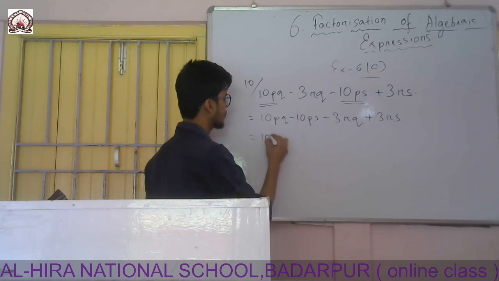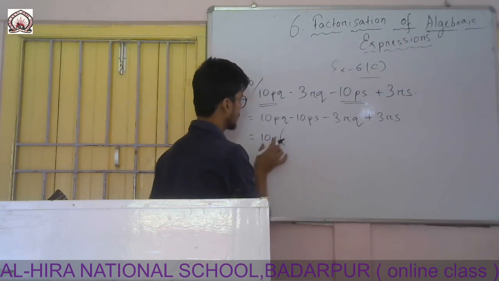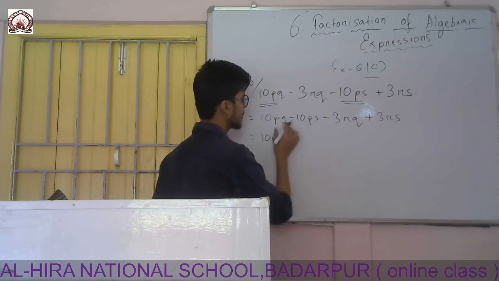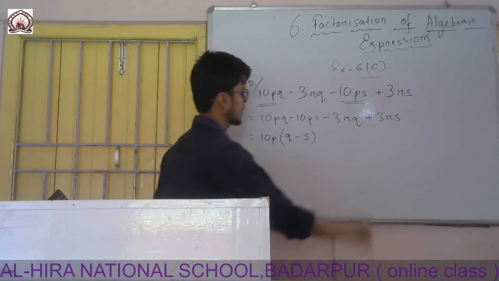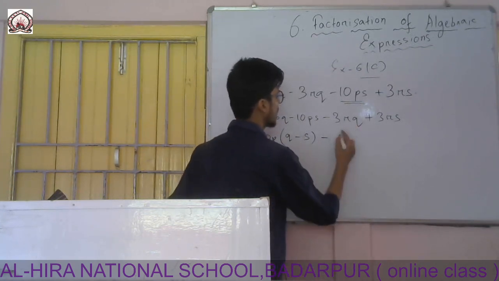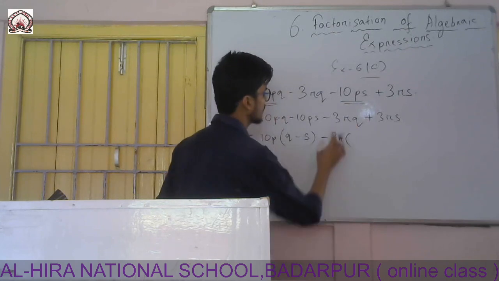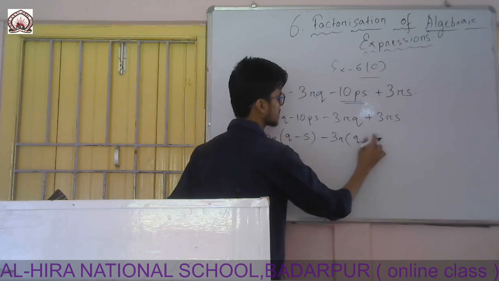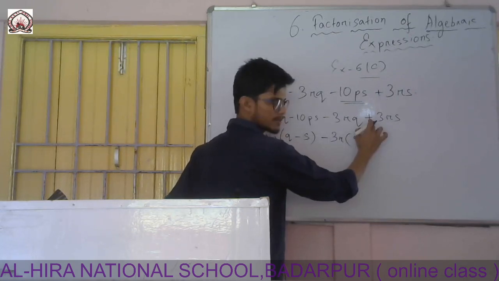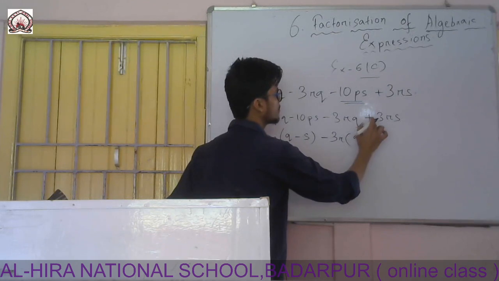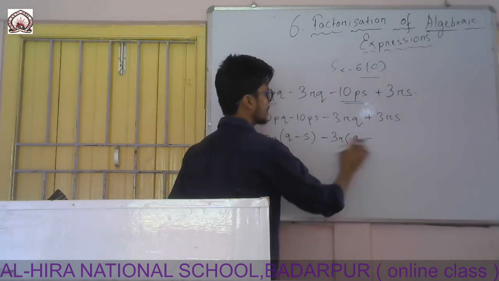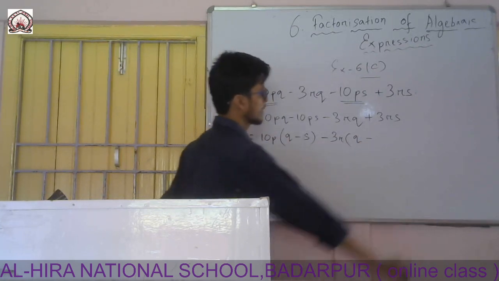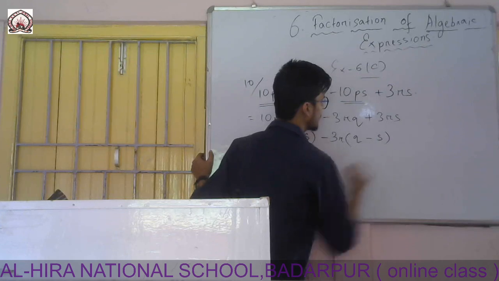Here 10p is common. After taking out 10p, which one is left? q. After taking it out, there is a minus sign. After taking out 10p, only s is left. Now again minus sign, 3r. After taking out 3r, q is left, and there is a plus sign, but there I put minus. If I put minus, minus, minus, it will be plus. If I put a plus sign, it will be minus, plus, it will be minus, then it will be wrong. So I have to put minus, and they are also minus, so that minus, minus becomes plus. And I have taken out 3r, so only s is left.